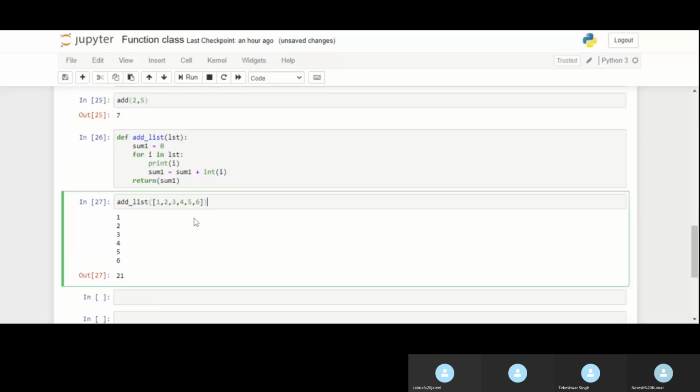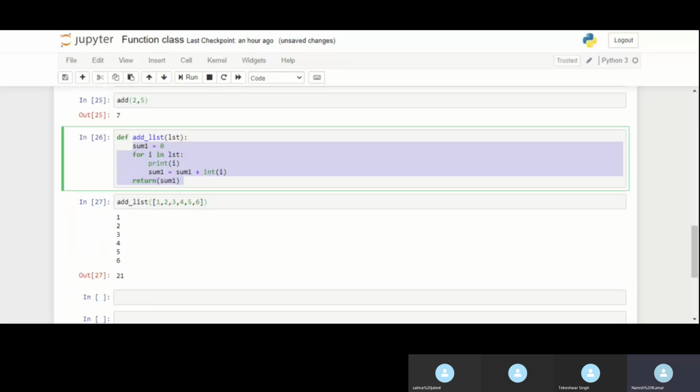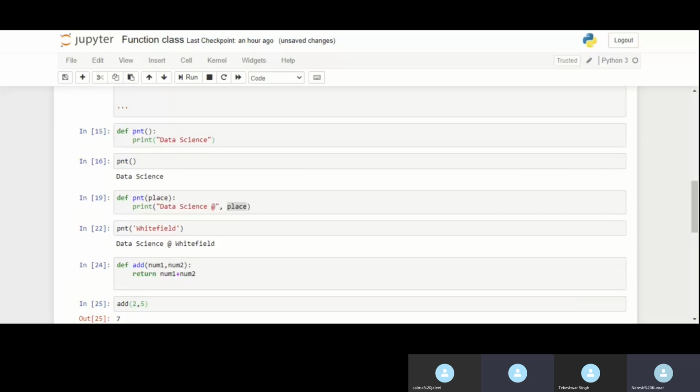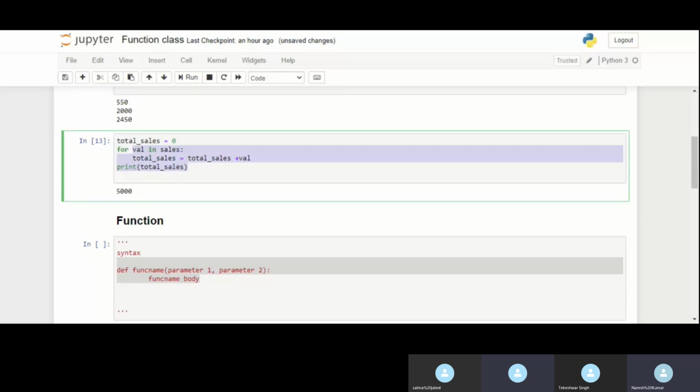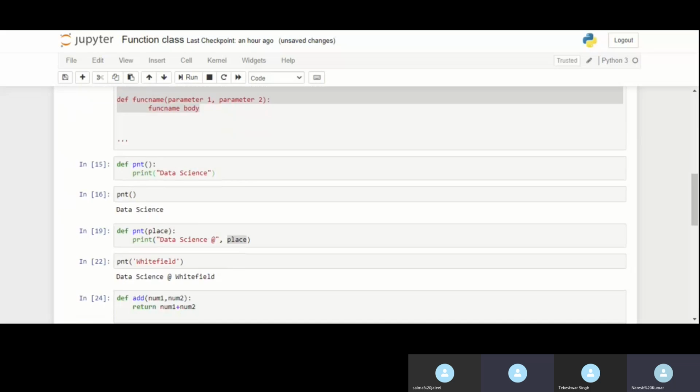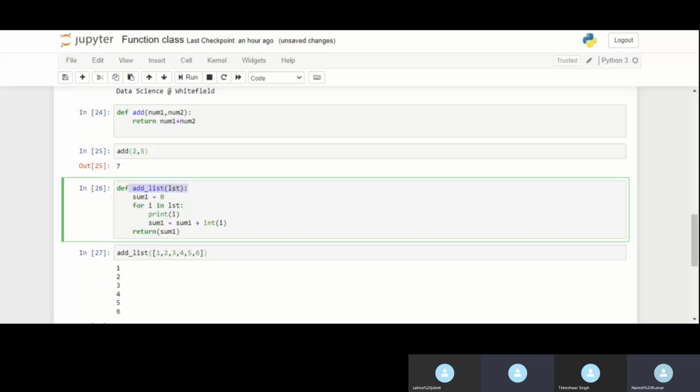Understood? The same thing we have done at the top for sales data, right? This is similar. The only thing is I am just putting it into a function.